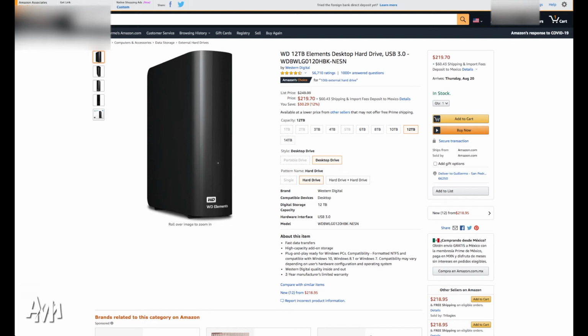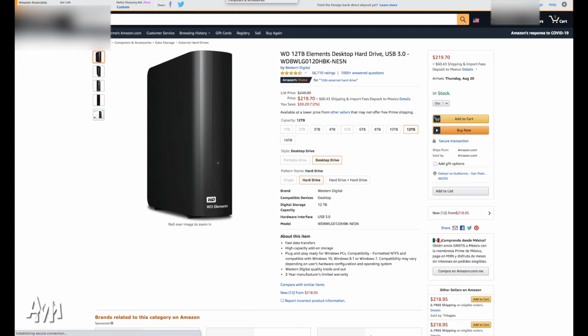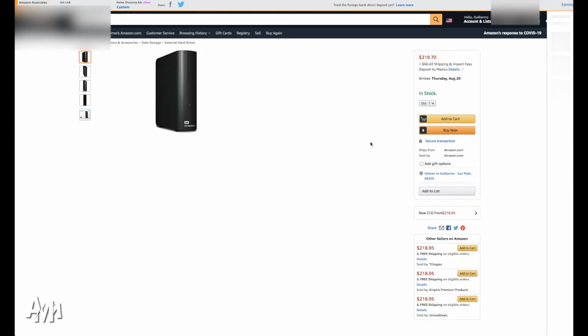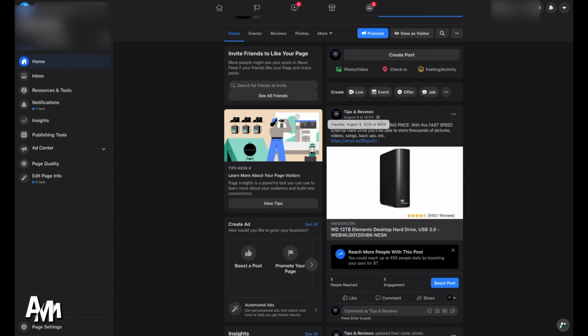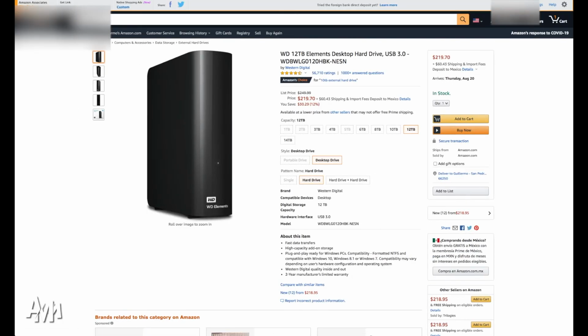So let's take a look at some of the products that you could be selling. For example, this hard drive. This hard drive right here is being sold on Facebook on a group called Tips and Reviews, where they make reviews and give tips about products you can buy. Now we can also take this and take it to some kind of electronics groups or gaming groups or video editing groups, anyone who might need some kind of external hard drive. And those people, when they buy this hard drive, the person who shared that link will make money. So make sure to start by picking a product, going to the marketplaces, sign up and find a product.